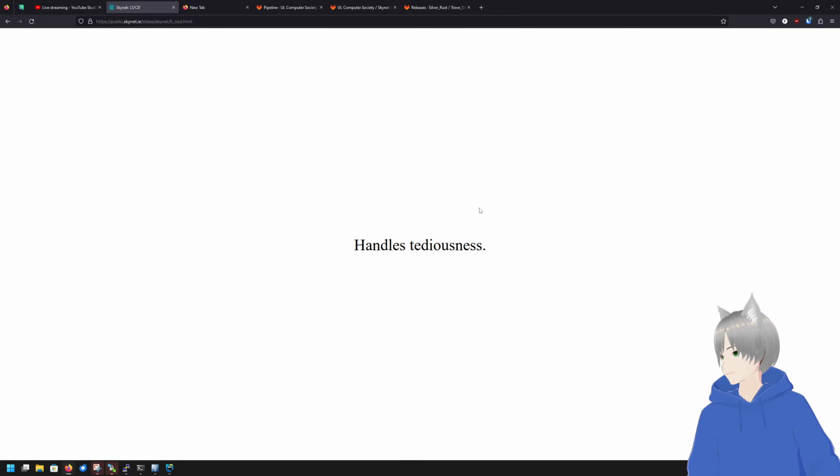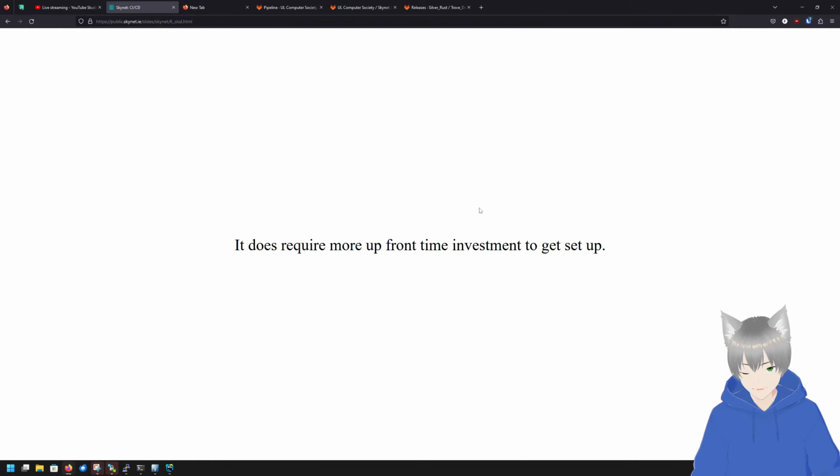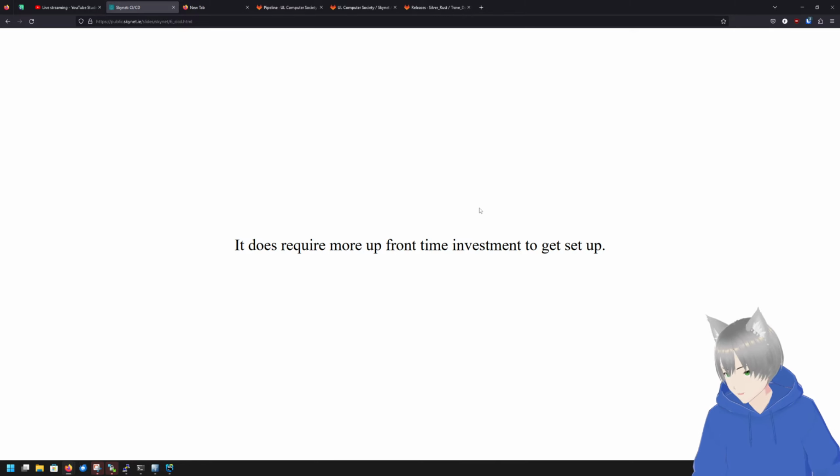And then it handles tediousnesses. I talked a minute ago about the linter, how it solves arguments, because it says, you're all wrong, do it my way. And that works quite fine as well. And it does require some more upfront investment to set up. You do have to create the pipelines, you do have to test them out and make sure they work, but once things are up and running, it's a massive time saver.